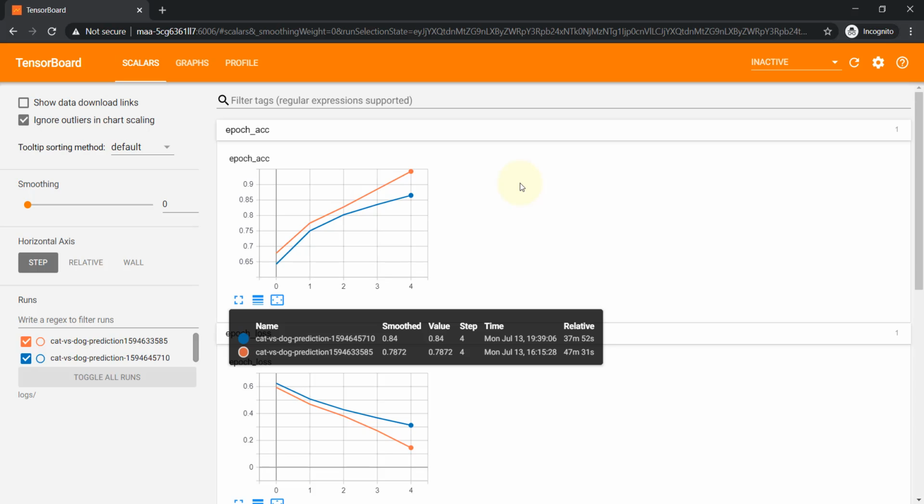And in my next video in the series we'll see how we are going to save a model, and with that model, how we are going to get the final result for an image that is not in our data set or validation set, whether the model is predicting that it is a cat or a dog.